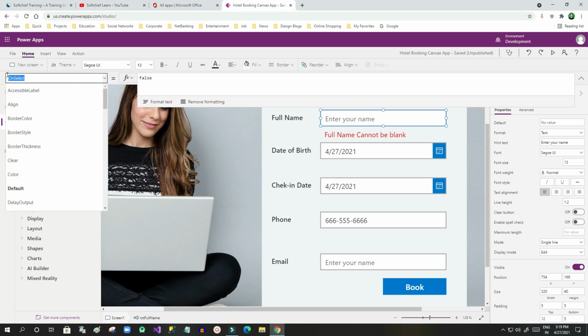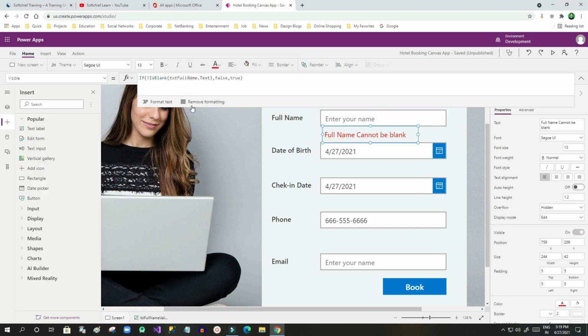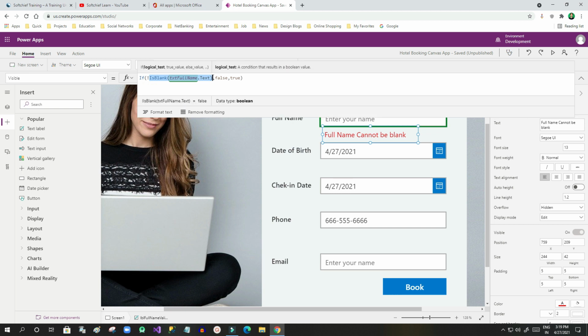It evaluates whether the field is blank or not.